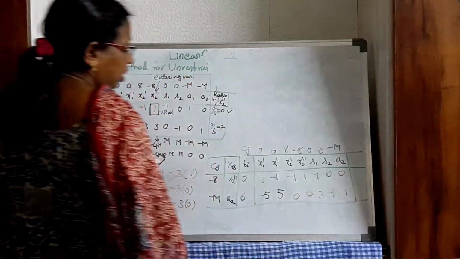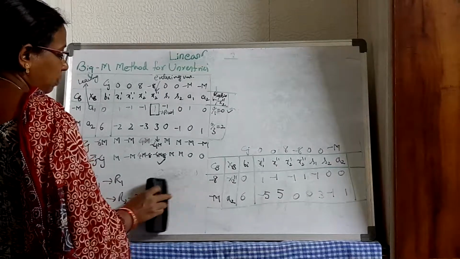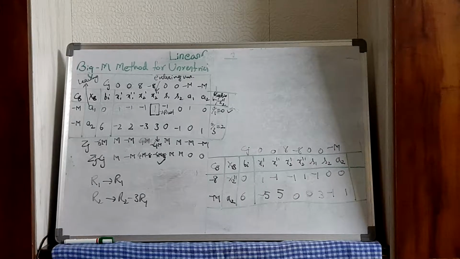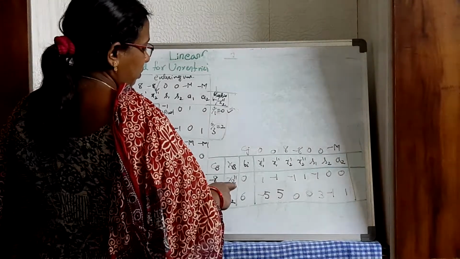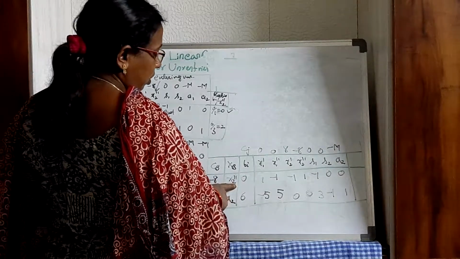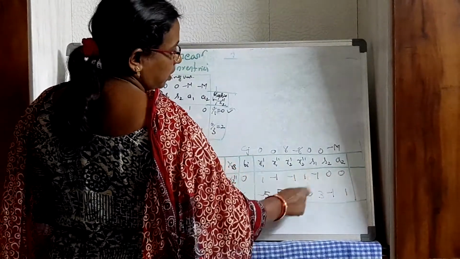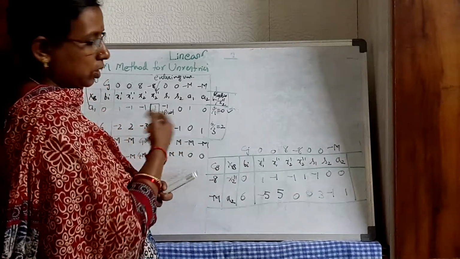1. Now check whether your row transformations are correct or not by seeing whether the basic variables are forming an identity matrix or not. How to check that? See here, x2'' should have 1 0 in that column. So 1 0. A2 you should have 0 1. So 0 1. So this and this are forming an identity matrix. So you have those variables as the basic variables.